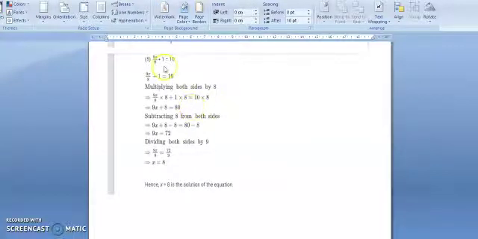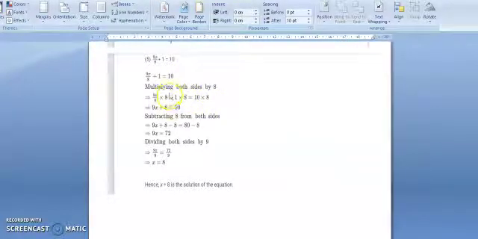Now the fifth question is 9x upon 8 plus 1 equals 10. Now what you have to do? You have to eliminate this 8. So what will you do? Multiply it by 8. So when you multiply 9x upon 8 plus 1 by 8, you have to multiply both the terms by 8. 9x upon 8 will also be multiplied by 8 and 1 will also be multiplied by 8. So 9x upon 8 multiplied by 8 plus 1 multiplied by 8 equals 10 into 8.